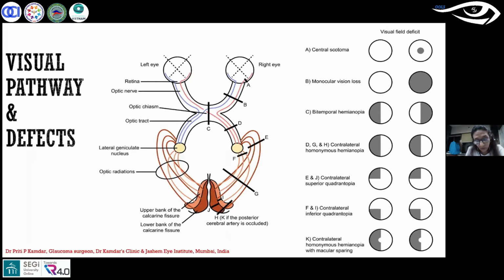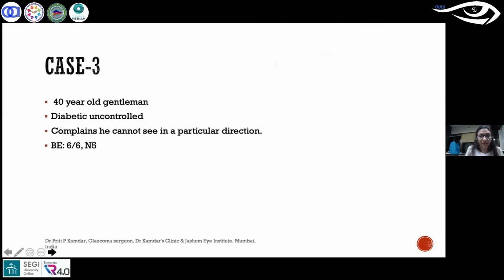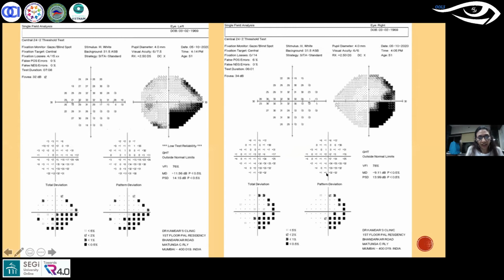Now I will just introduce one more term, congruous and incongruous. What is congruous? When they are exactly similar, it is called a congruous defect. When the right side defect and the left side defect are exactly similar, it is called a congruous defect, and when they are not exactly similar, it is called an incongruous defect. Now in this particular case it is exactly similar. If you see, it is sparing the central spot here, it is sparing the central spot here. It has a very similar pattern. So this is a congruous